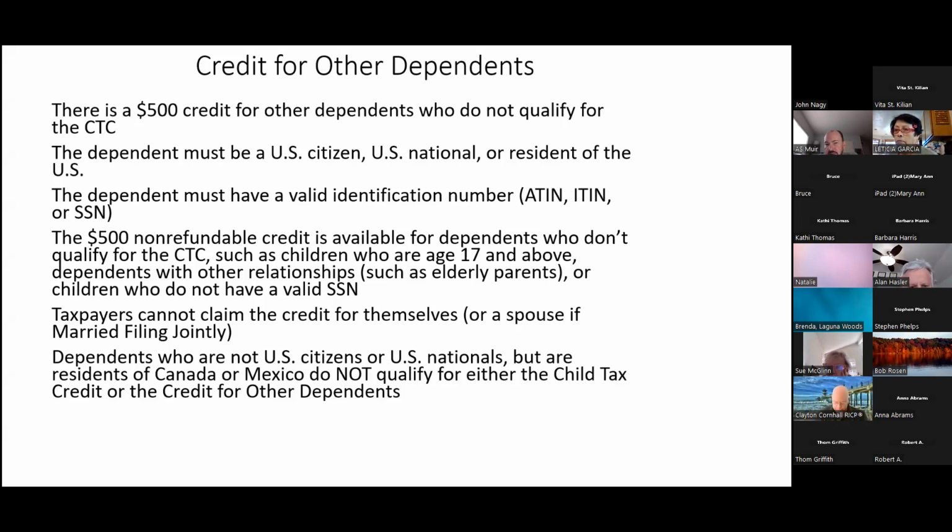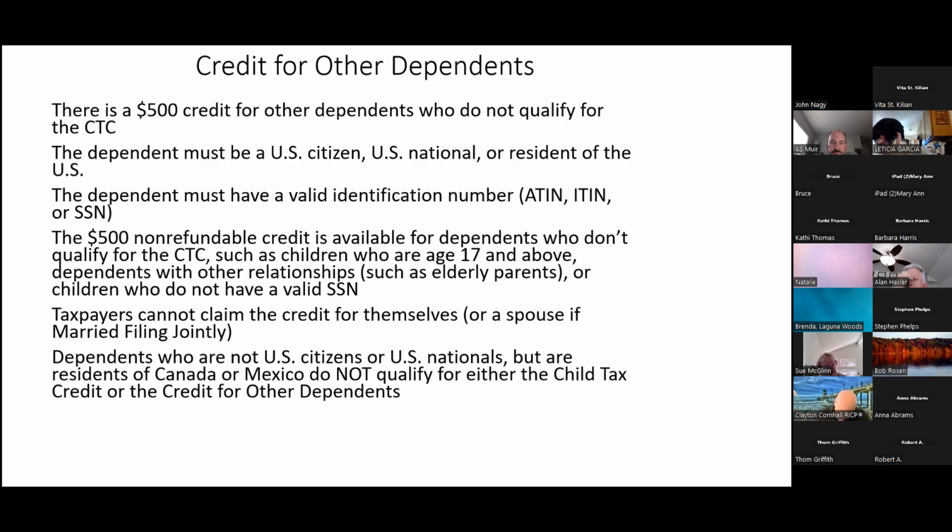Yeah, and you'll hear the term phase out, and sometimes people say, "Why am I not entitled to this particular credit?" Like, for example, the earned income tax credit. Well, when you make a certain amount of money, Congress says you're not entitled to this credit, and those are called phase outs. And there are many different types of phase outs on a tax return.